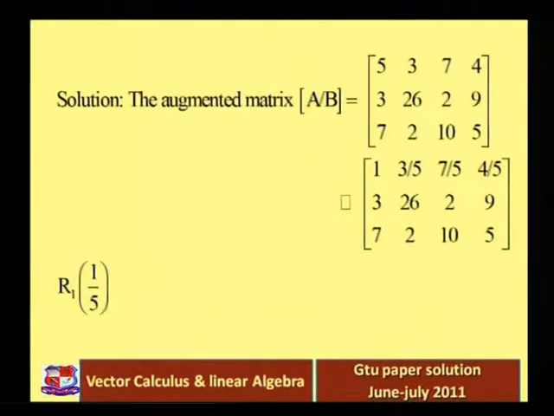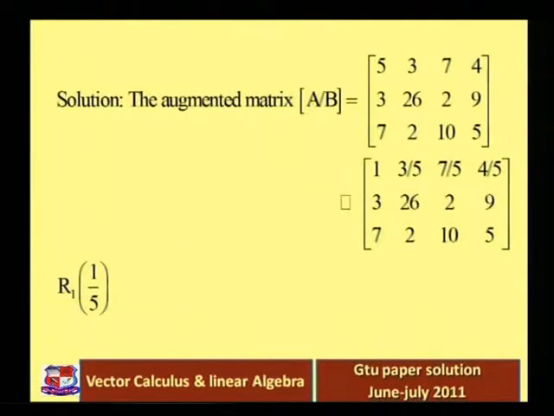Okay, now we multiply the first row with minus 3 and add it to the second row, and we multiply the first row with minus 7 and add it to the third row. So here the first row, 1, 3 by 5, 7 by 5, 4 by 5, is as it is. In the second and third rows, in the first column below the 1, we want 0 there. So instead of 3 and 7 we want 0,